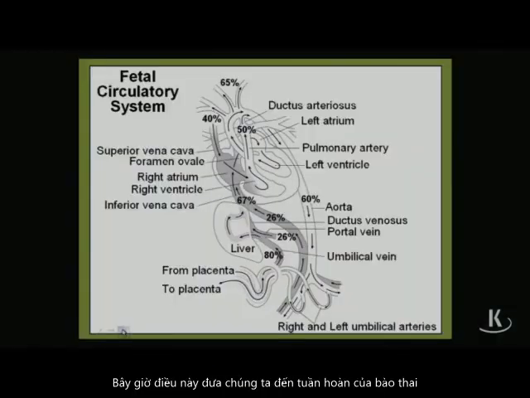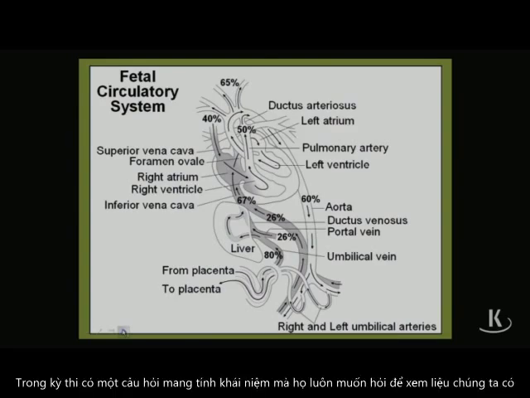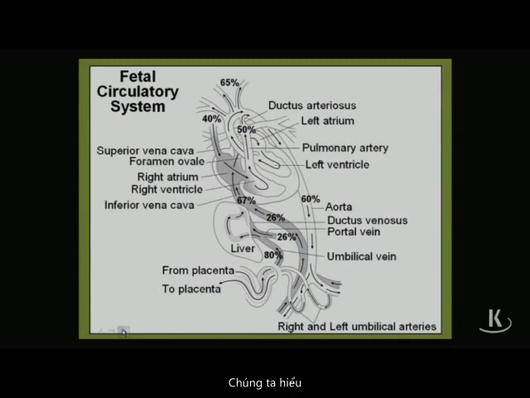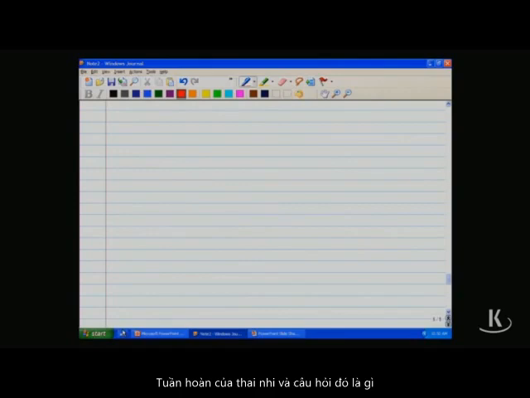This now brings us to fetal circulation. In the exam, there is one conceptual question that they always like to ask to see if we understand fetal circulation. And what is that question? The question is,